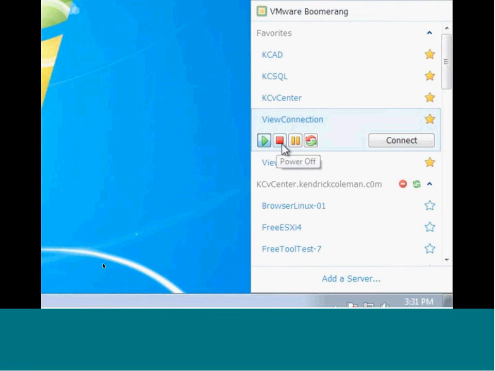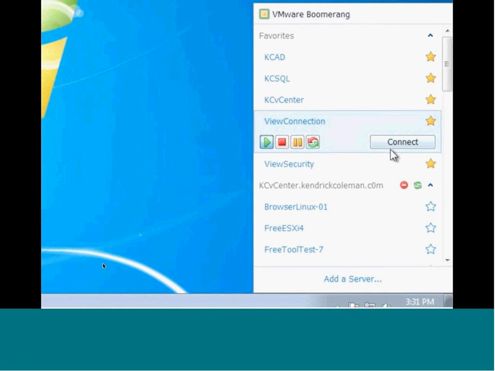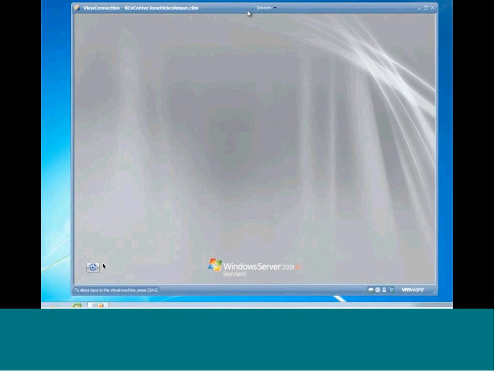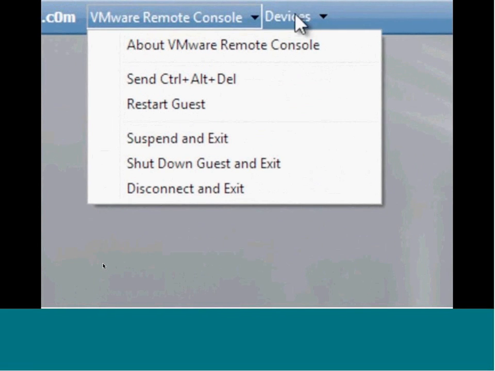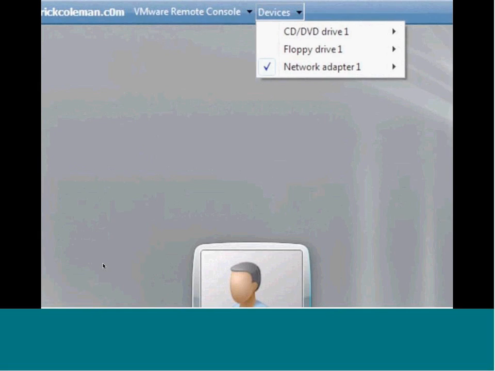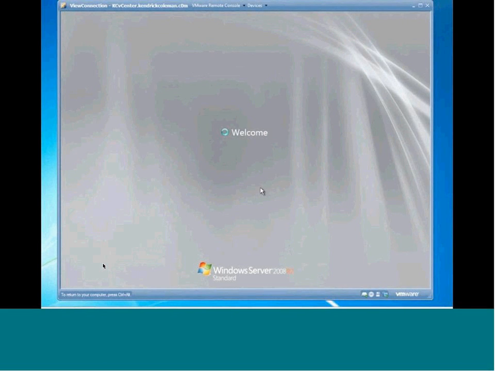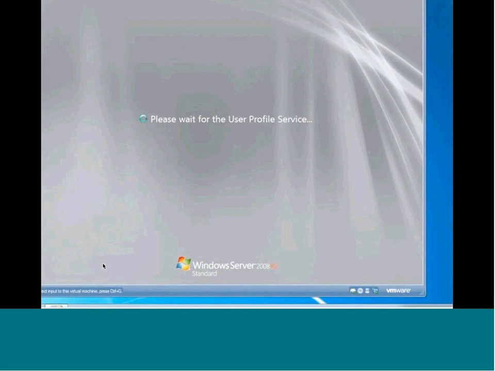Now, I still have my start, stop, and reset buttons, but in addition, I also have this connect button. What this connect button will do is bring up a direct console connection to that actual VM itself, so I don't have to go to the vCenter client and open up a connection. This is a way to get quick console access to the VM that you need. So if you do have those problem users with your infrastructure, you can just go ahead and open up a console